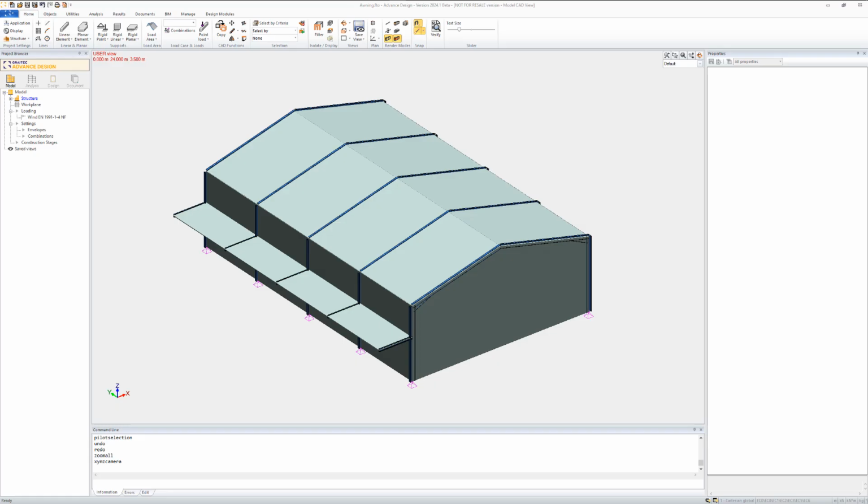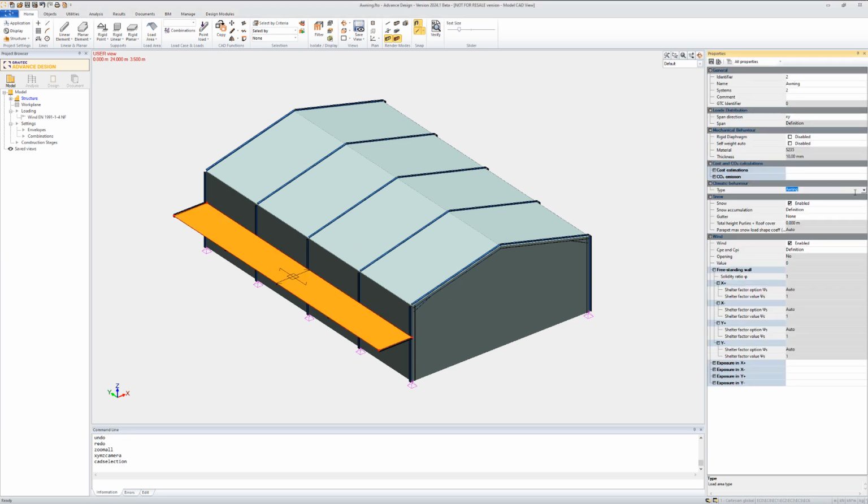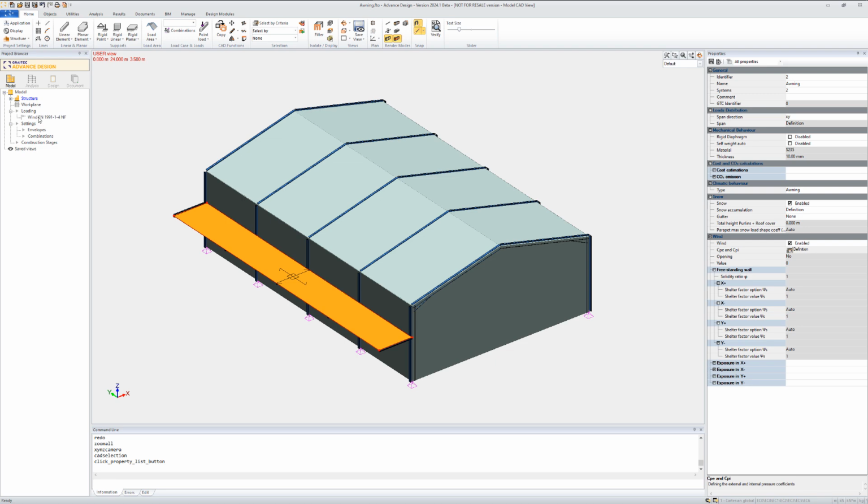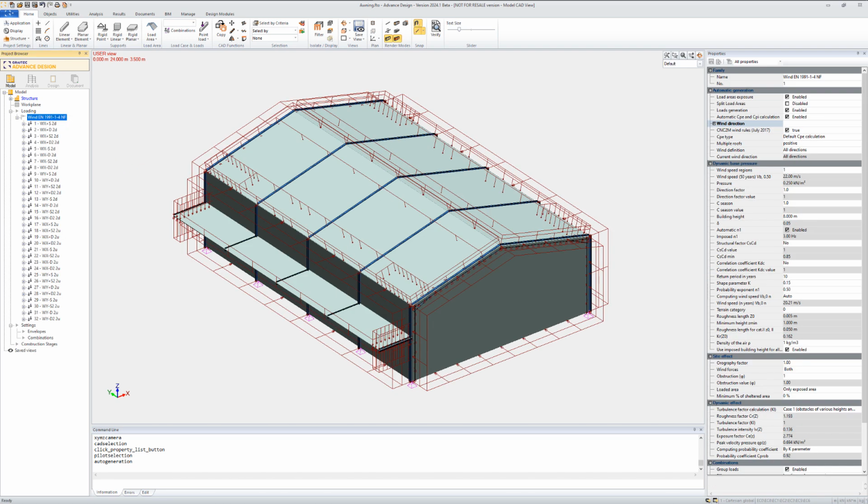All right, so now let's check wind generation on an awning. So here the load area should be given the awning type. And then in its properties you will see that the awning will be defined not with the CPE but with the CP net, the net pressure coefficient. You can choose to generate only the ascending or the descending force or both. Usually you need both. And after wind generation, which is instant, you will get all the required wind directions for rectangular plane buildings mixed with